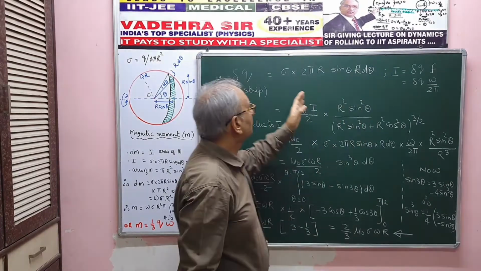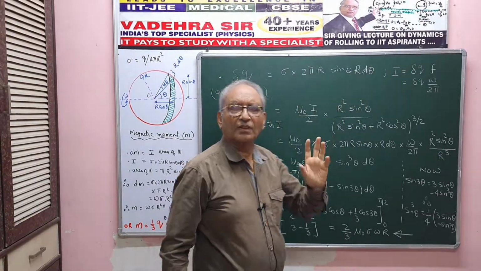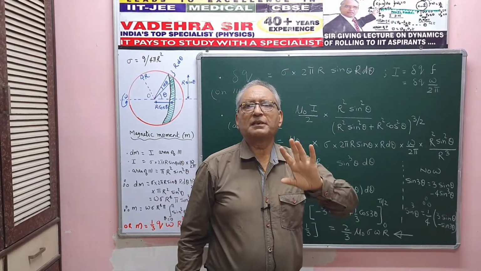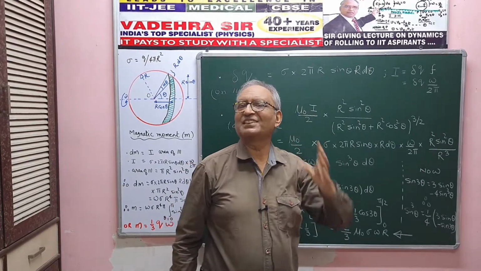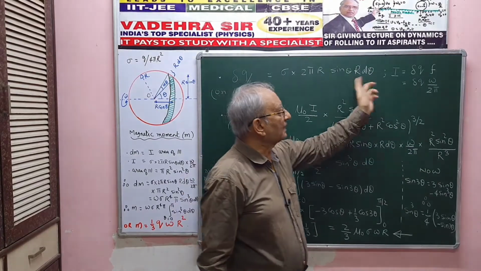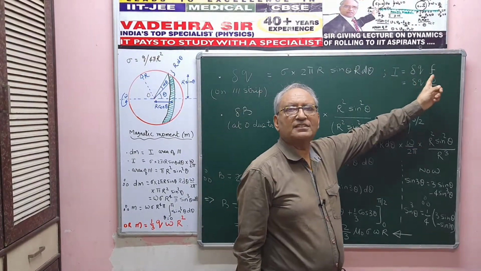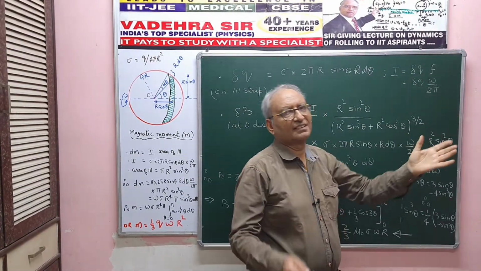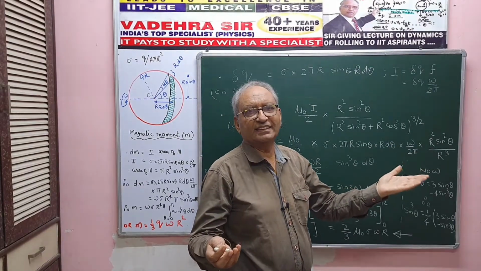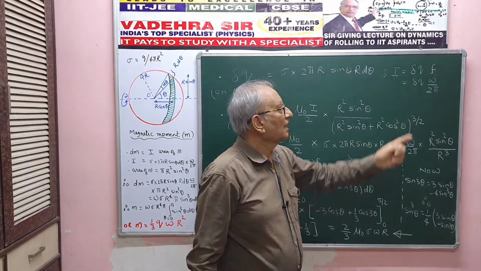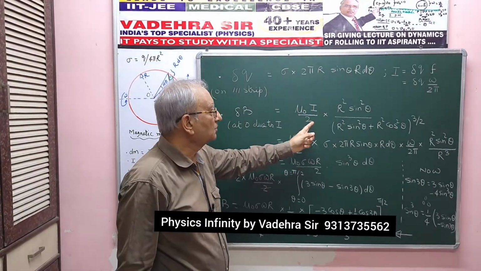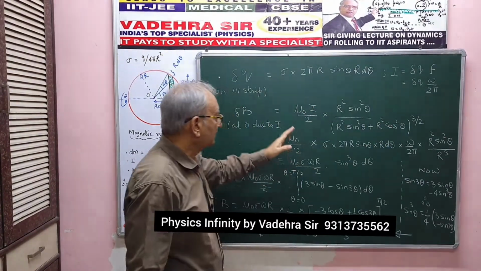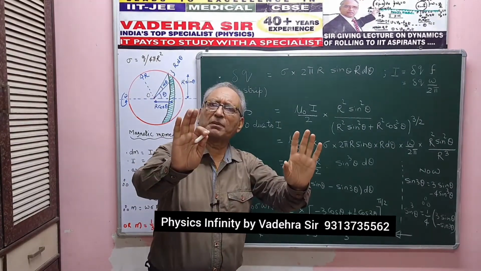And what is the current? You multiply this charge with the linear frequency. You multiply any quantity with linear frequency, you get the rate of change of that quantity with time. So I multiply delta q with the linear frequency f, that is omega by 2 pi, I get dq by dt, and that is current. I put that current value over here in mu naught I by 2, all this. So this is magnetic induction. Now this is simple maths.